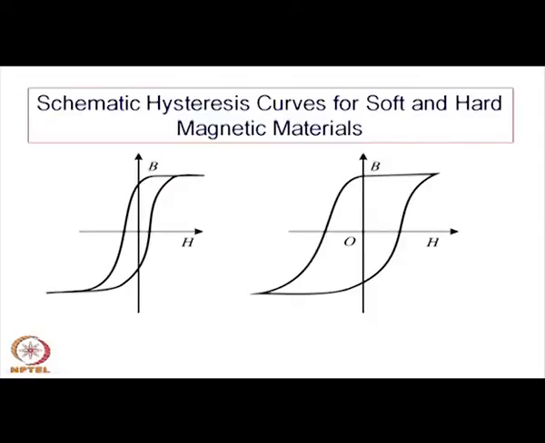So, if there is a large hysteresis loop, as I mentioned, it is difficult to magnetize and also difficult to demagnetize. That is why there is a possibility that it retains its magnetization after the external field is withdrawn. So, it can get converted to a permanent magnet. So, such type of material can be used as a permanent magnet, whereas these are soft magnetic materials, they cannot be used as a permanent magnet. The magnetization will be lost with very little demagnetizing force, and therefore, they can be used as